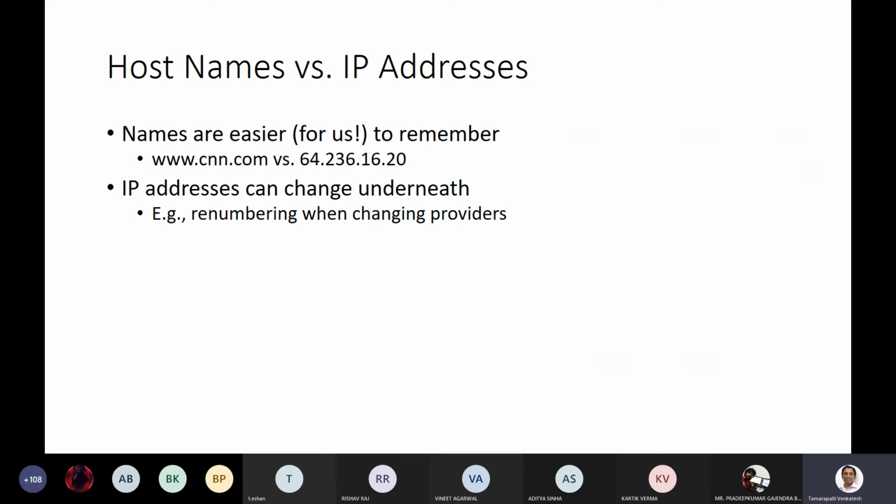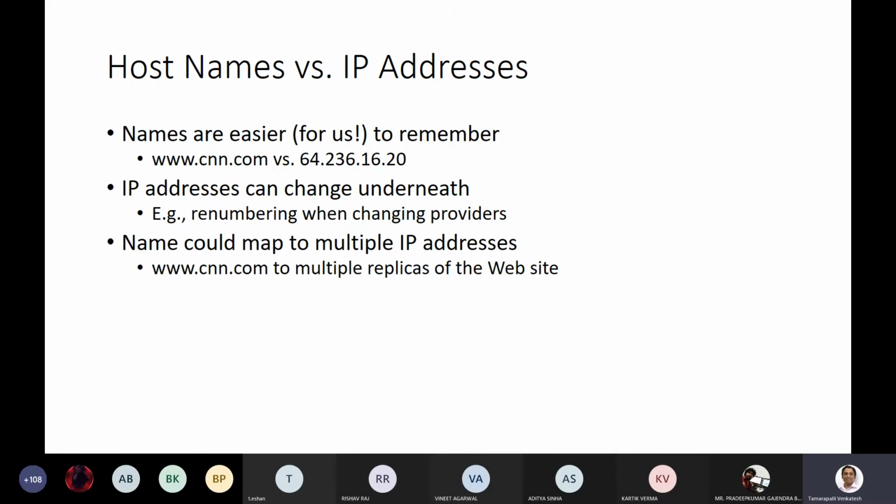The other reason why we use two different types of identifiers at every stage is to give independence for these addresses to change irrespective of the other addresses. So we have some resolution, so the name can remain the same while the IP address can change. And then there are corresponding protocols which will take care of this resolution.